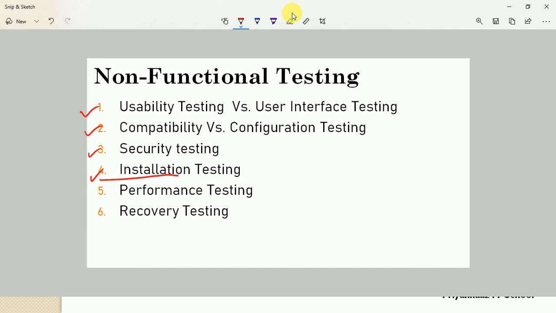Now let's understand the next type, performance testing. So what is performance testing? Performance testing is a process which ensures that the software application will perform well under its expected workload. So during performance testing, the focus is on performance parameters. That means what are the performance parameters? We should check whether the particular software application is within a particular speed which is expected by the client. So speed, throughput, scalability, response time, stability, reliability, these are some performance parameters we need to focus on.